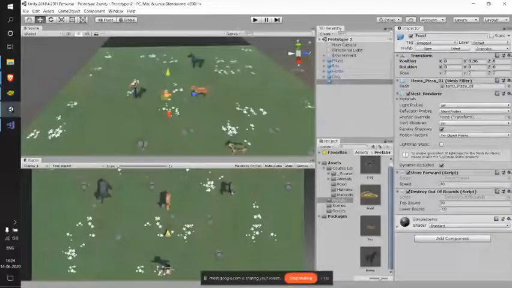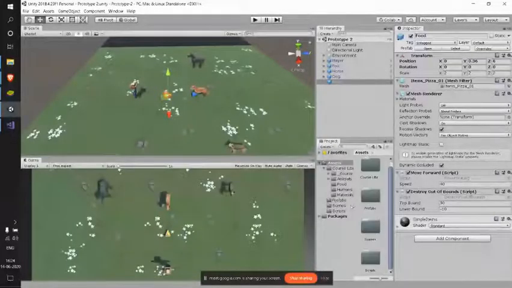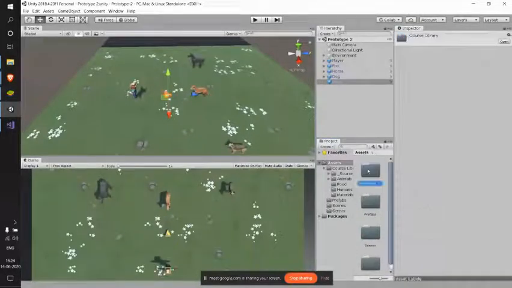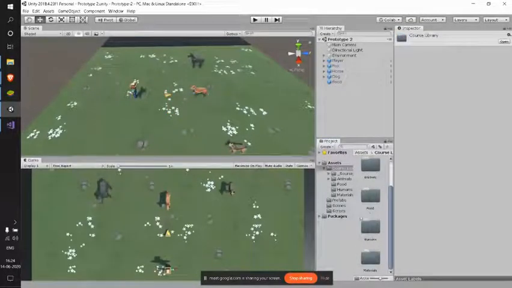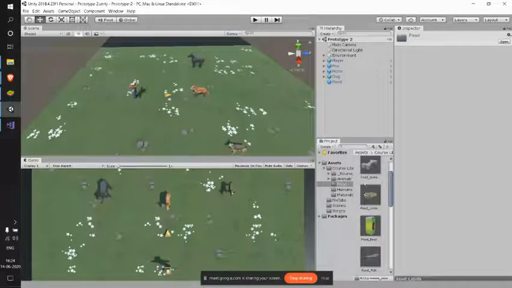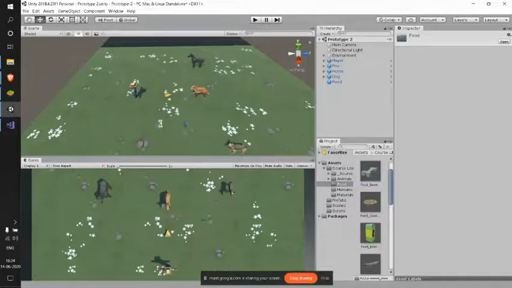But it's all the player's gameplay, right? They can give whatever food they want to whatever animal they want. So let's just do the same things. Let's go to our course library and in food this time, I'll use this food bone.